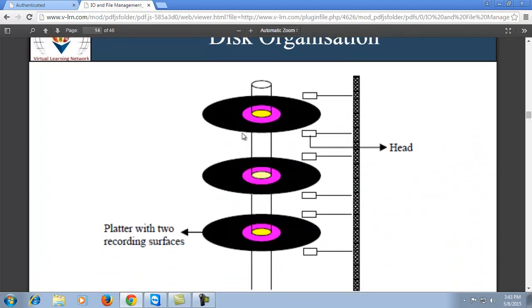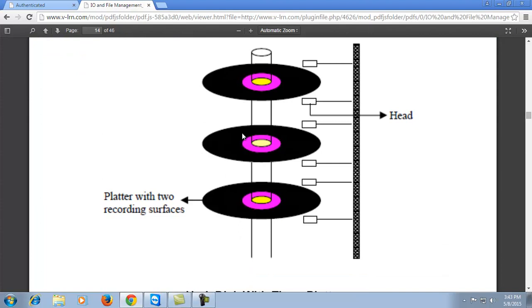This is the kind of disk organization in which a number of layers are there. These layers are put onto the spindle. These layers move when the system is on, starting up, and when we are shutting down the system. These disks spin around the spindle, and the read-write head helps us read the content as per the requirement, to read the operating system files from this disk for providing the interface to the user.